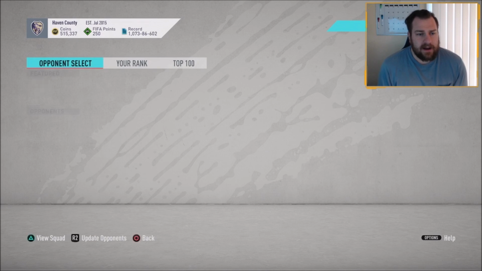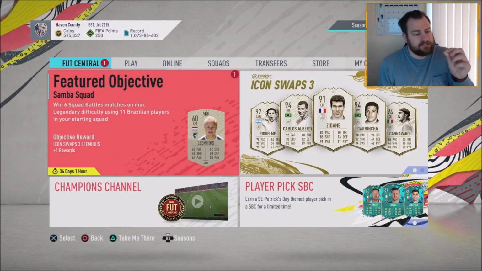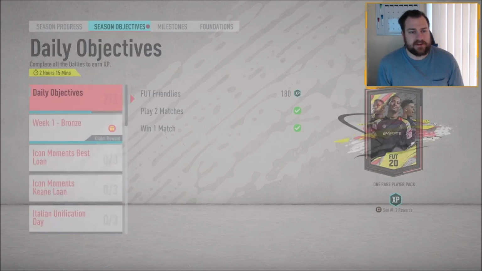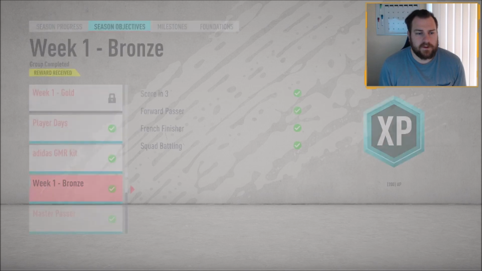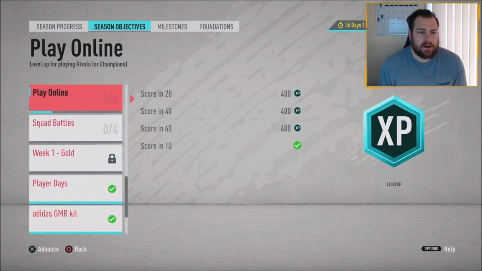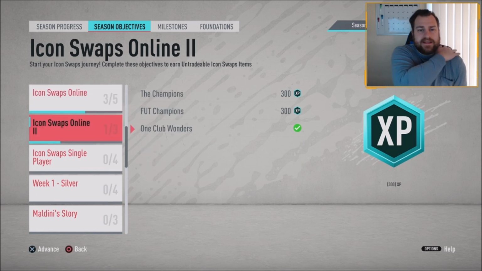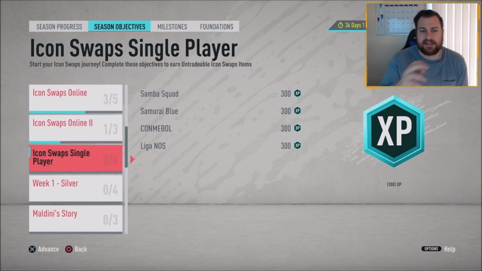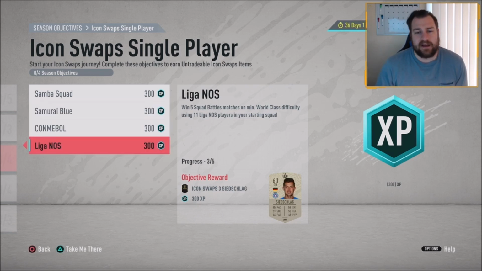So, okay. So let's show you the objectives as I promised here. So we've got these objectives over here. Let me just claim that. Woohoo! Okay, so here we go. So these are the online ones. I didn't make teams for those. I just do this icon swap single player. Somebody told me they enjoyed these, so I'm doing them. I have played 4 out of 5 with Japan already. I will be recording the Japanese video right after this. You'll probably be seeing it a couple of days later, but I have won 3 out of 5 with